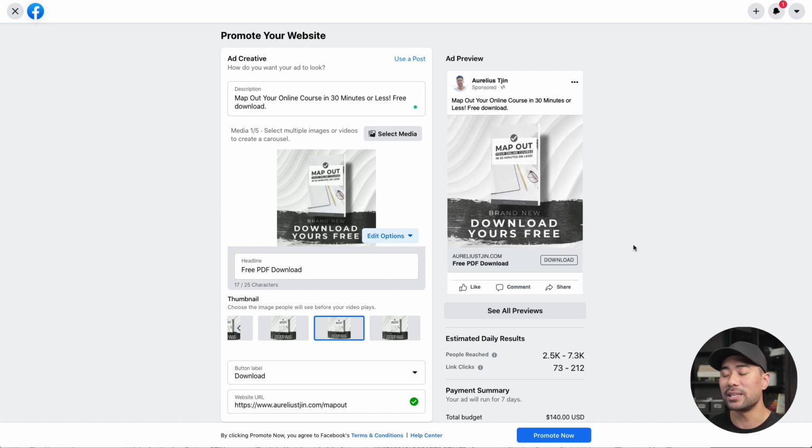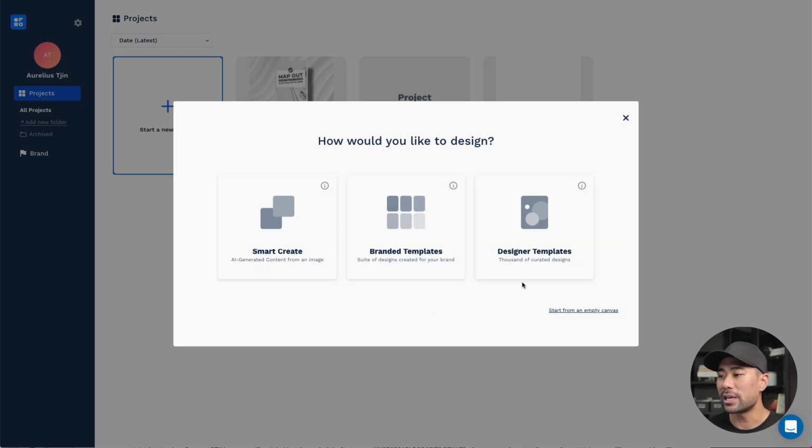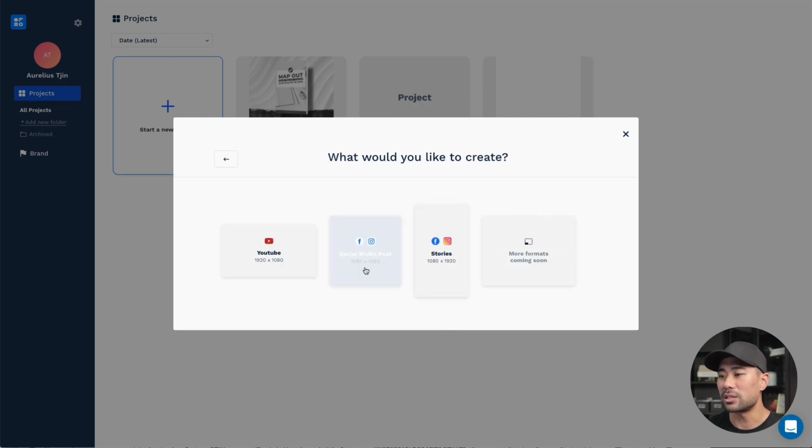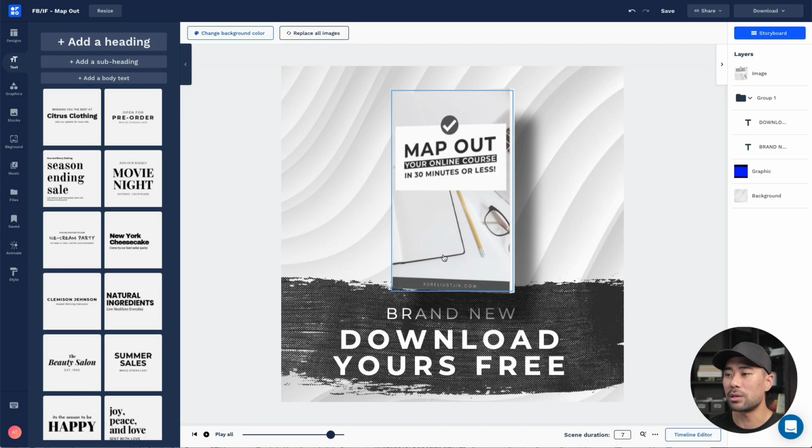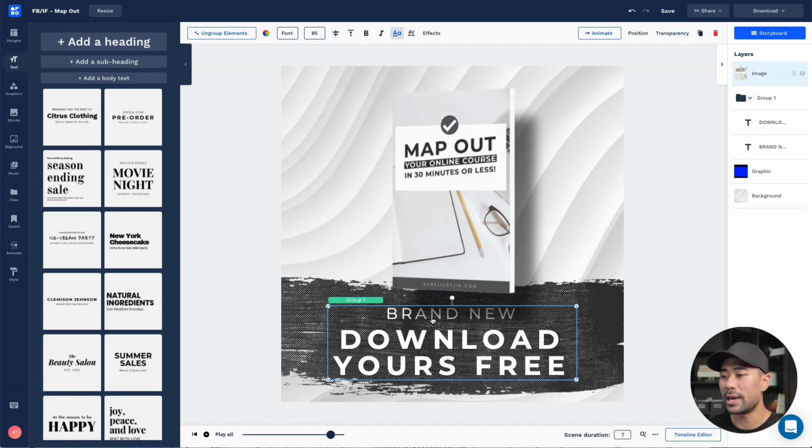How I created this ad is by using Offio. In Offio, you can use one of the designer templates, which I did to save time. I selected social media post. I'm then shown a range of designer templates. So hovering over it, you'll see a preview of each and one of these templates. I then customized the template with my own book cover and headline, and then added a bit of animation by